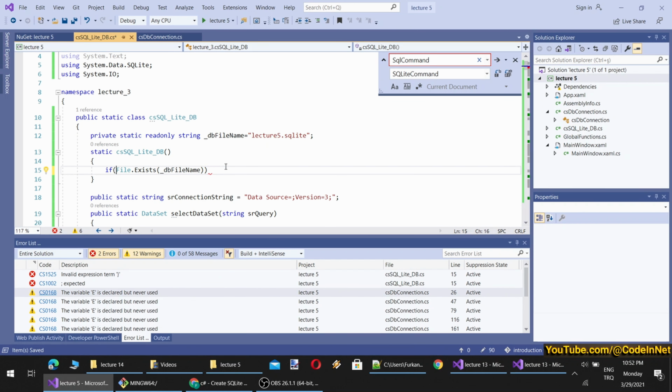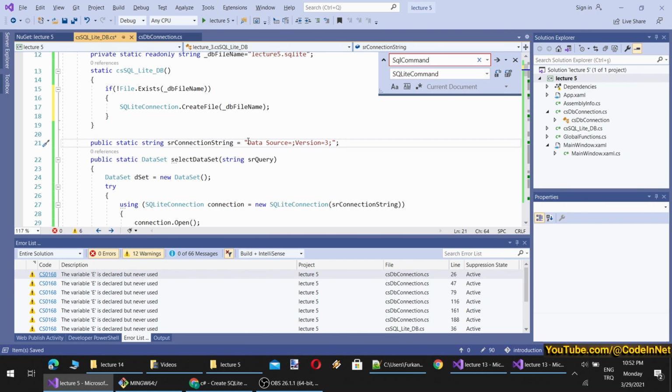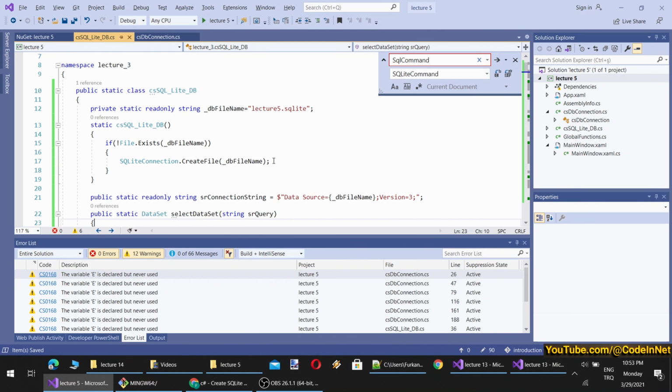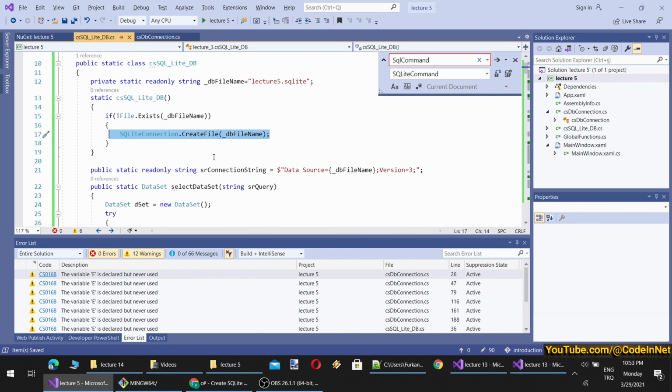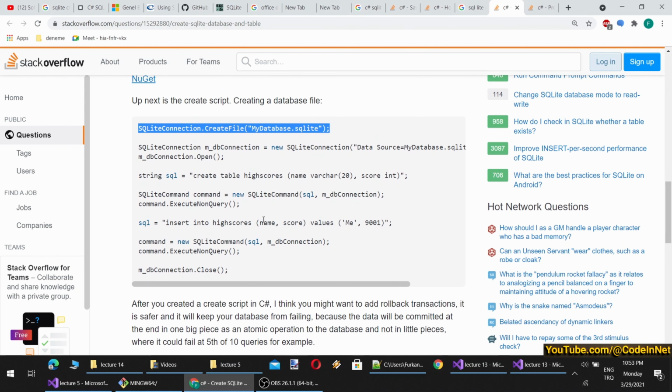SQLite connection create file, this file name, and I will append it here, and also read only. So basically we will check whether our database file exists or not, and if it does not exist, we will compose it. This will be done the first time anything inside this static class is called in the application. Then we can compose our tables or whatever we want.